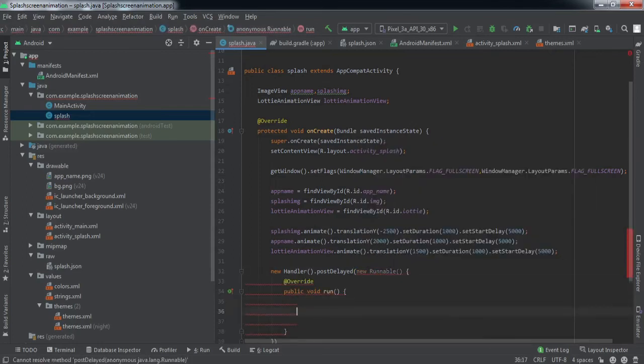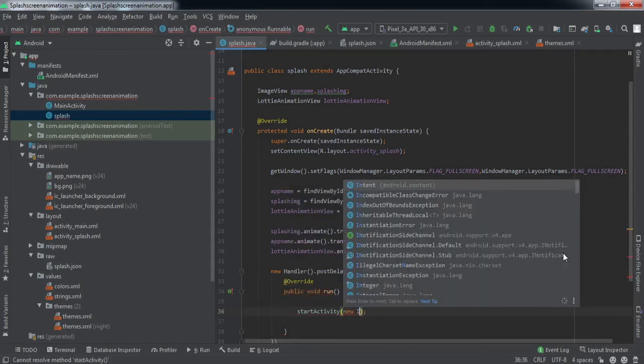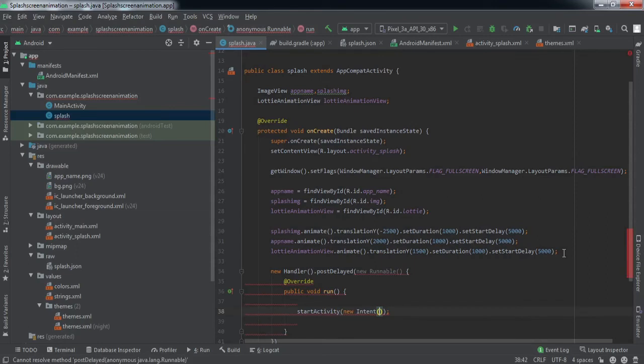Then we want that after this animation ends, we go to the main activity. So for that we'll start activity, new intent. We'll pass the new intent, splash dot this, and main activity dot class.